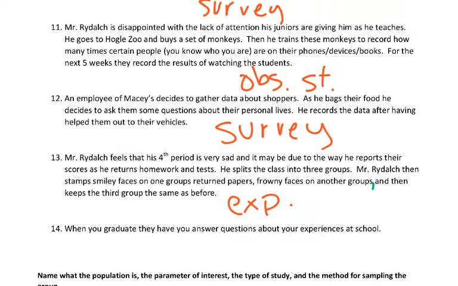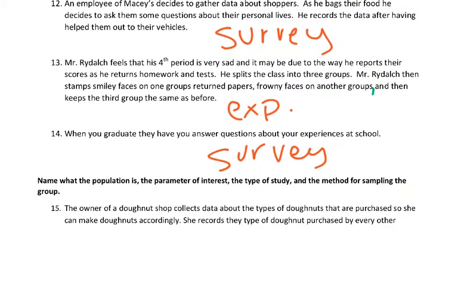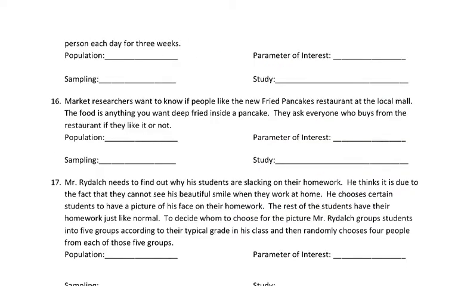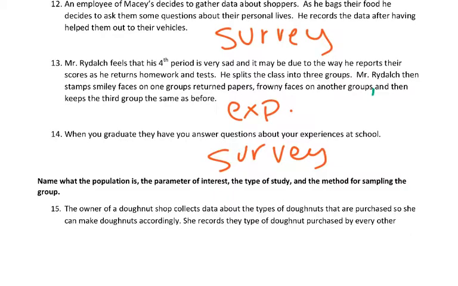Okay, and the last one with this group, when you graduate, they have you answer questions about your experiences at school. So again, questions, definitely a survey. All right, now on the next, okay, and this kind of split weird over the paper. It says, name what the population is, the parameter of interest, the type of study, and the method for sampling the group. Okay, so remember,